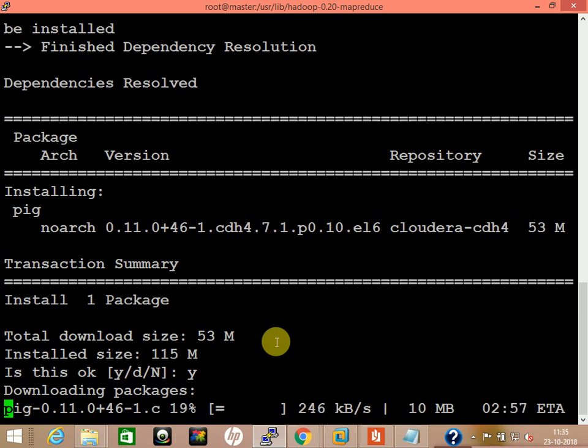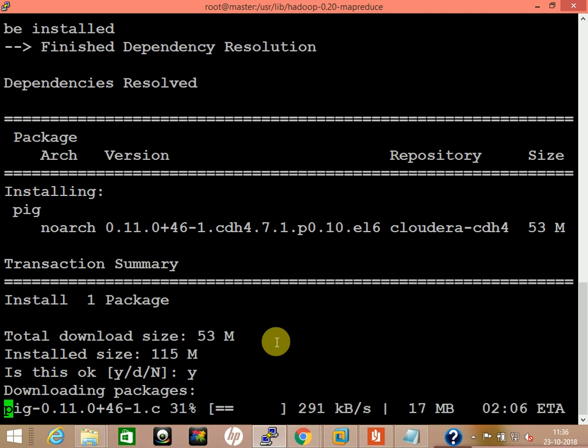So once it is installed, if you want to work with Pig, you can get into the shell of Pig. Okay, like for HDFS, we did not get into a different shell. We were directly using our Unix shell command prompt. But for Pig, you can get into a shell, and Pig's shell is known as grunt. Okay, the name of the shell is grunt. So once you type pig, you will get into grunt, and from there you can execute